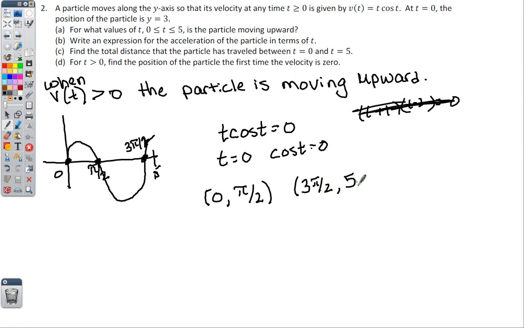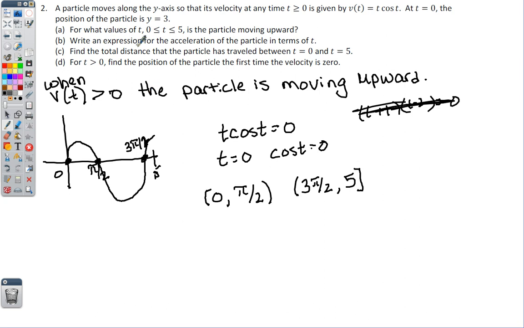And I'm going to include 5 because it appears to still be upward at 5. All right, so that's when the particle is moving upward. And hopefully that makes some sense there. All right,